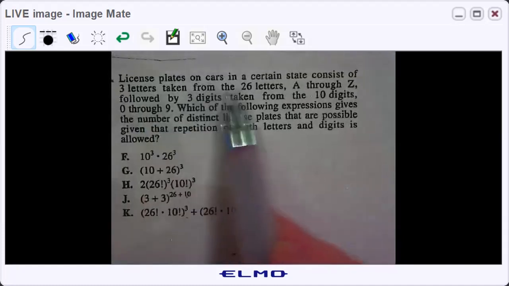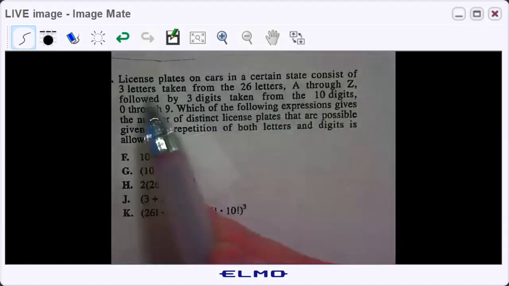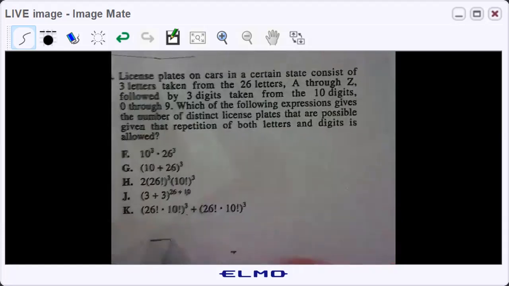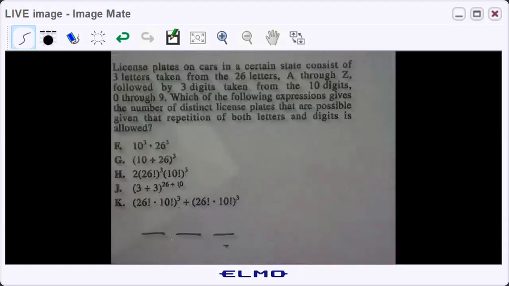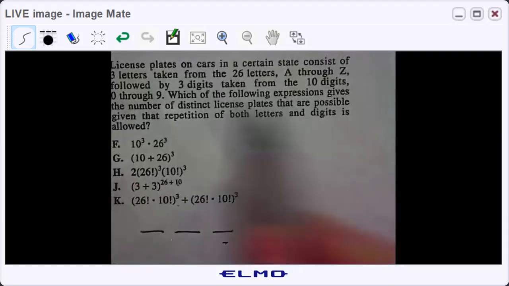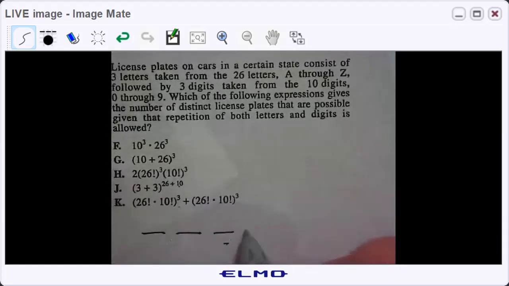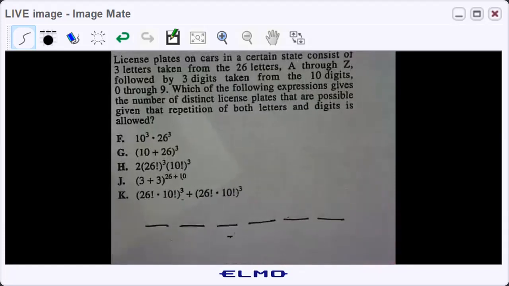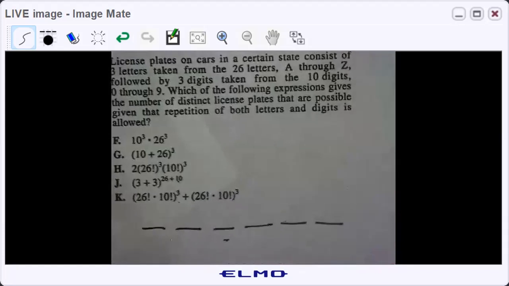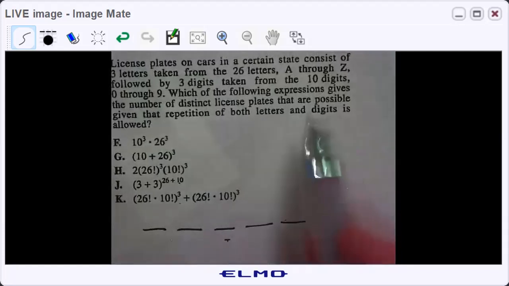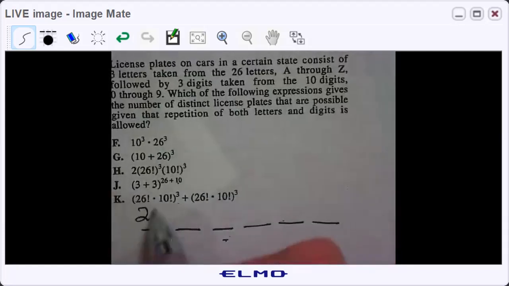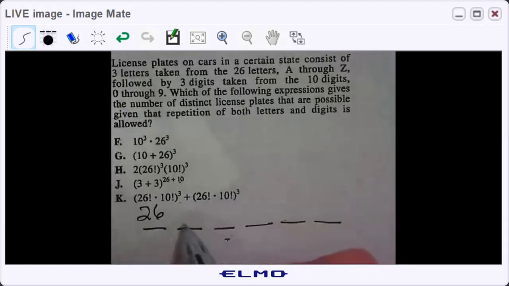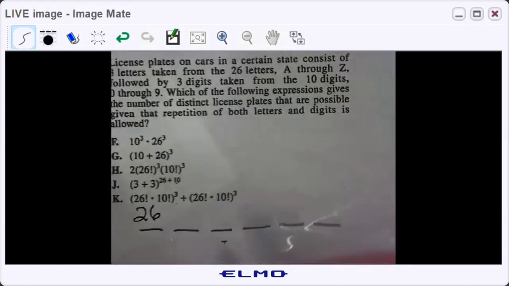So license plate consists of 3 letters taken from the 26 letters of the alphabet. So we're going to have 3 spots that we can fill for that. And then we also have 3 more digits that are going to be numbers 0 through 9. So 10 digits that can go there. And because they say you can repeat, now that's important because you've got 26 choices of letters. And then if they didn't repeat, you would have to go down to 25 and then 24. But they said it's okay to have